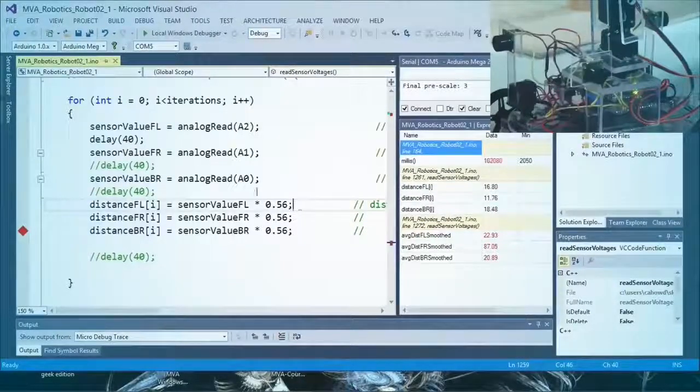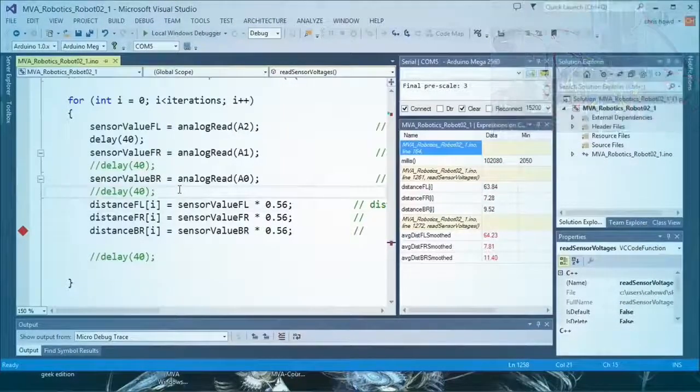All right, so I'm going to talk just briefly about what we saw and what we did. So we were seeing small readings, rather than seeing a true reading. We were seeing readings that were smaller than we would expect. So we looked at the standard deviation, we looked at the averages, and we looked at the individual readings. We saw a large percentage of small readings. So we said, okay,